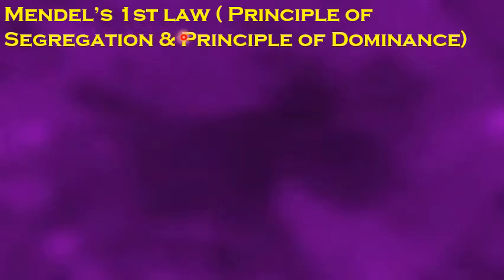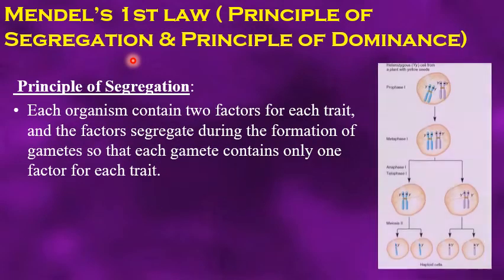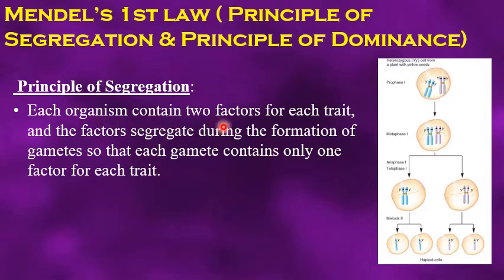Mendel's first law, also called the principle of segregation and the principle of dominance. Each organism contains two factors for each trait, and these factors segregate during the formation of gametes, so that each gamete contains only one factor